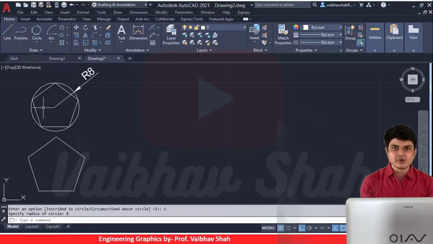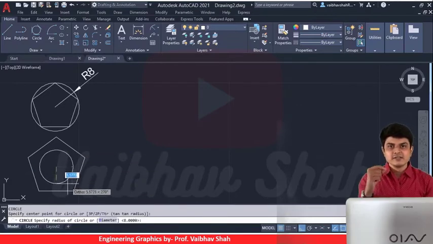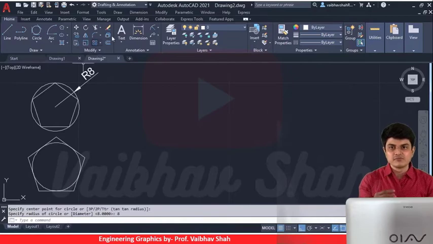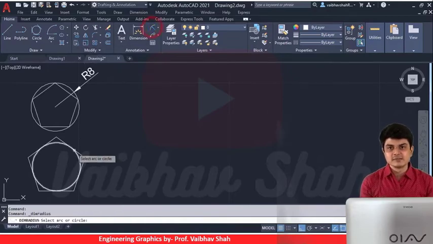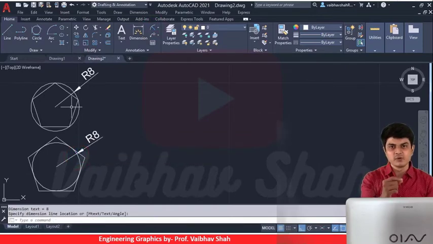Same. So now let me draw the circle, then let me give you the understanding that circumscribe means your polygon would be outside the circle. So outside the circumference of the circle, that means it is known as a circumscribed polygon. So you can see in the first case your polygon is inside, meaning inscribed, and in the second case your polygon is outside the circle, meaning circumscribed.